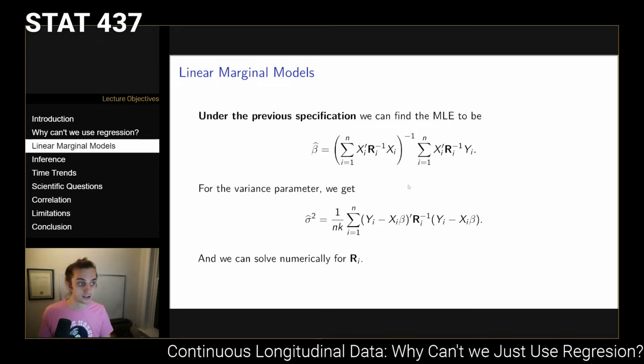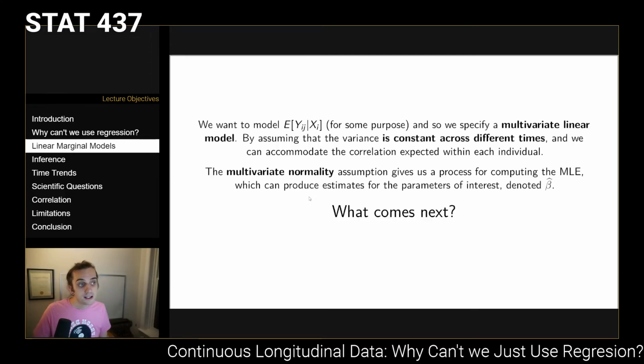And then we can also estimate the variance parameter from the same maximization, and we could also solve numerically for the correlation, right? These estimators, I assume you could work through the calculus to do, and in fact, we'll look at how we get to these answers in the theoretical video that's accompanying this. But for now, if you just take these as the closed form estimators,